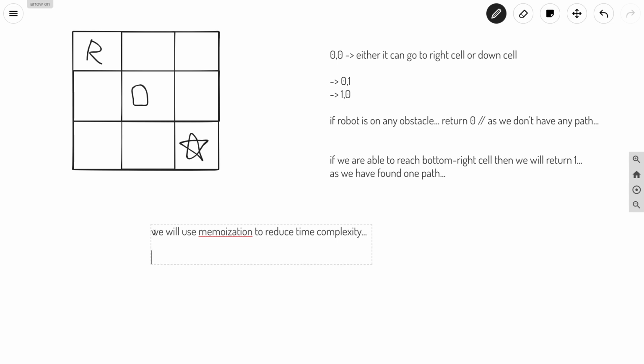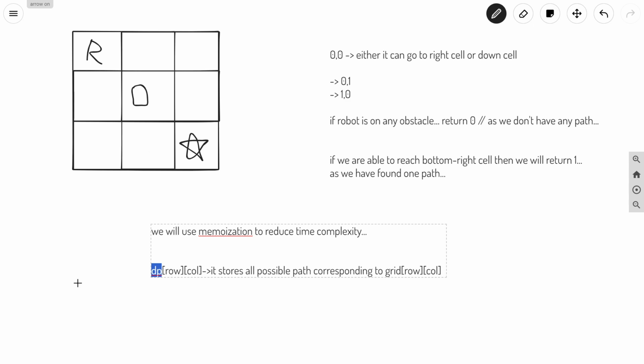So we will just use a two-dimensional dp vector which contains row and column. So it will store the value for row and column. So what does it mean if we are solving for row and column? It stores all possible paths corresponding to grid of row and column. So this is the main function of this dp vector, and we will use this dp vector.